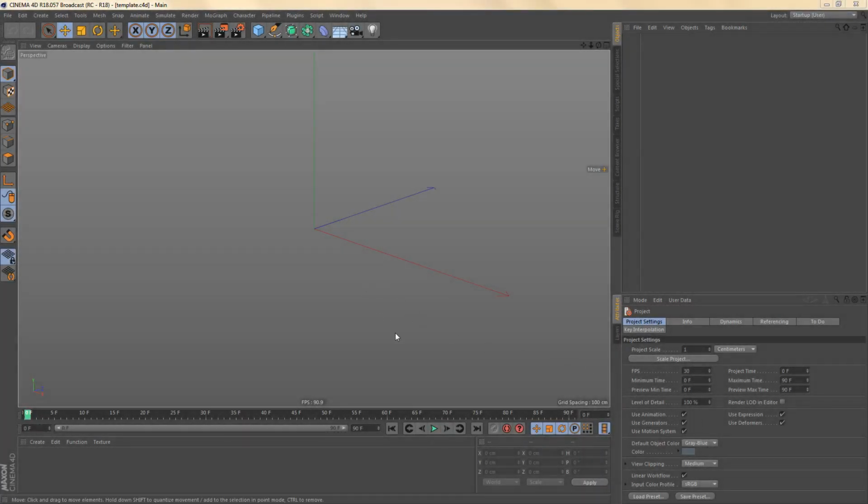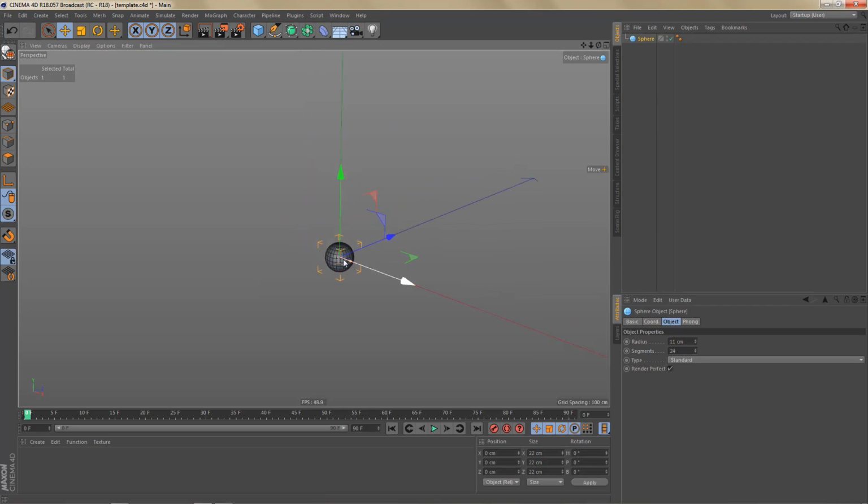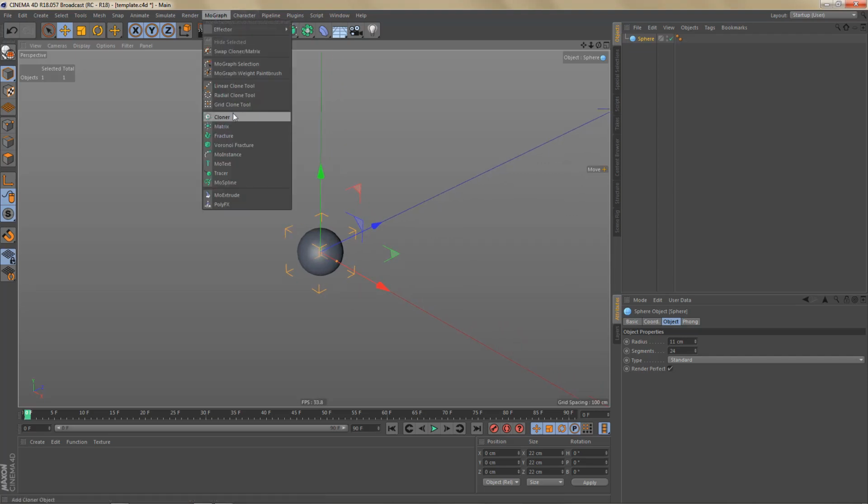First of all, we're going to set up the basic animation and then we're going to tweak it to get the look that we want. We're going to start this with a sphere, and I'm going to change the radius to something smaller, like 10 or 11. We could speed up the calculations by reducing the segments on the sphere, but I think in this case it's not going to be necessary because we won't have that many objects in the scene. I'm going to switch that to Gouraud shading to get rid of the lines here. And I'm going to put this sphere in a cloner,